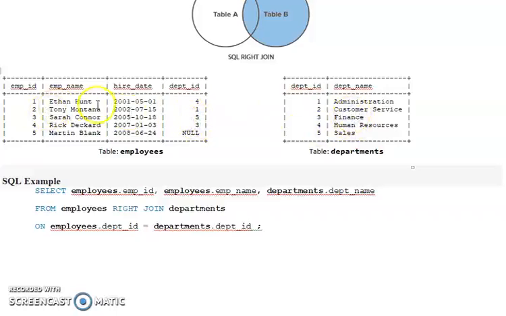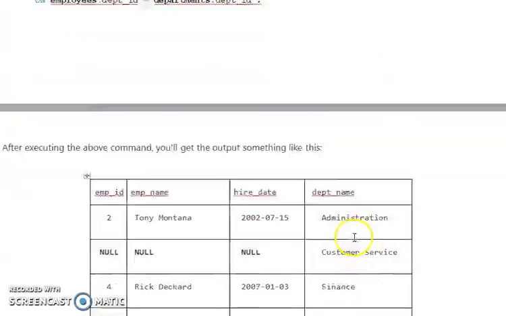But no employee belongs to department ID 2, customer service. So this record will not have any match in the left table. Even though there is no match for this right table record, it will be considered for the output, and the output will be like this.